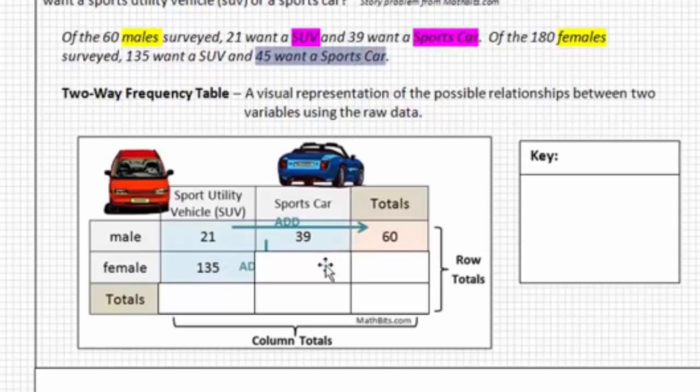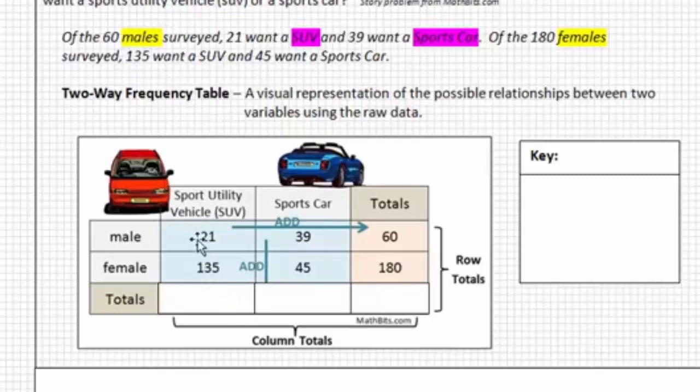45 wanted a sports car, we put that there. And when we add these up, we do get that total, a total of 180 females were surveyed. So we're almost done, but now we need to make sure we make our totals in our columns as well. So we want to look at how many total people, regardless of their gender,